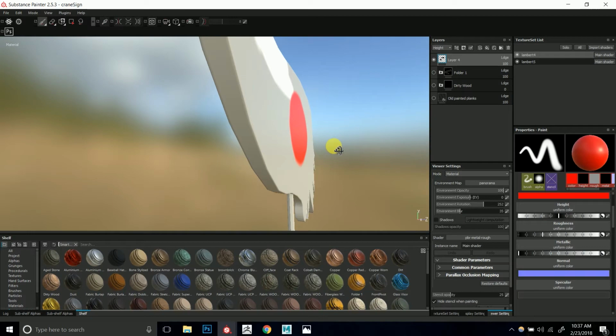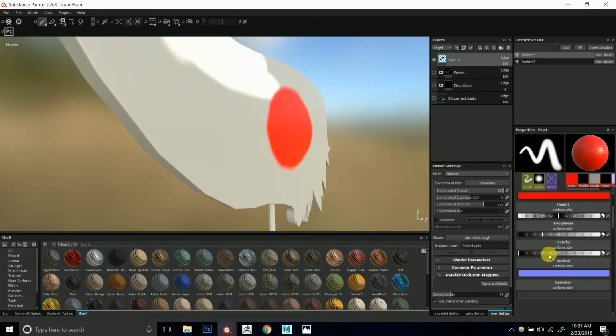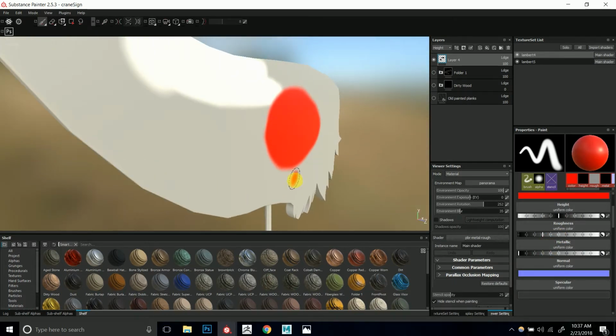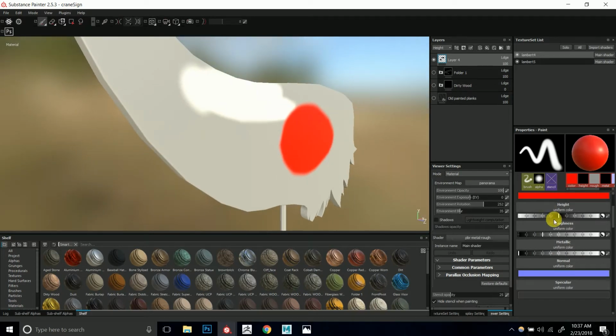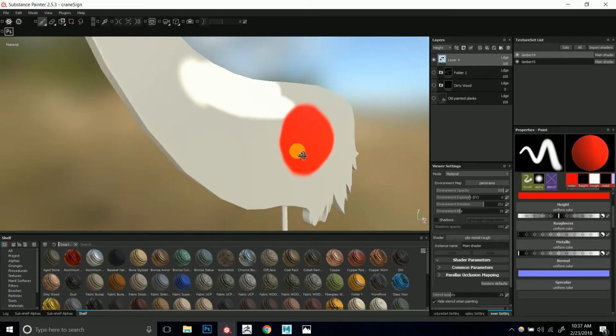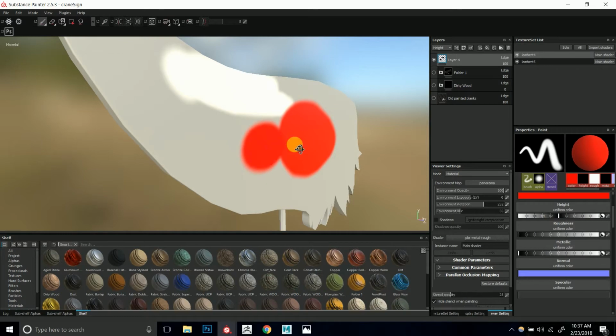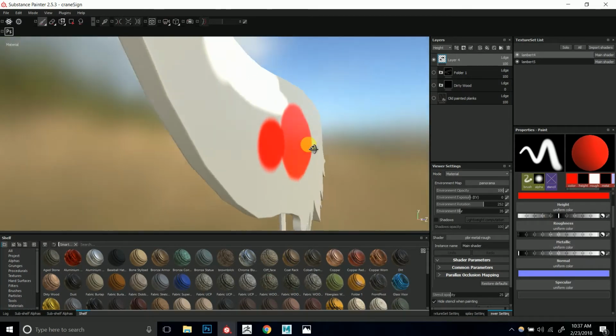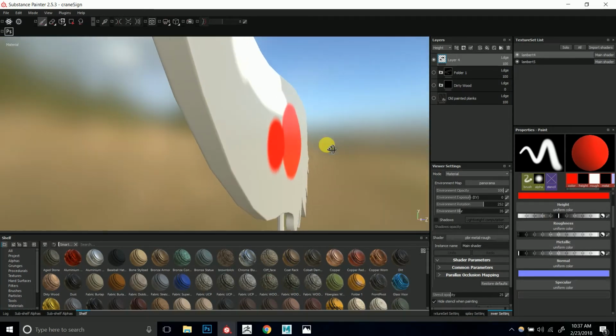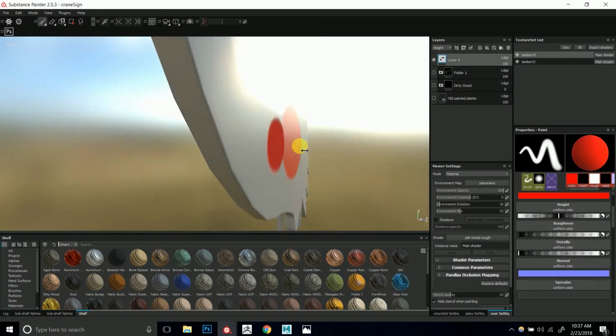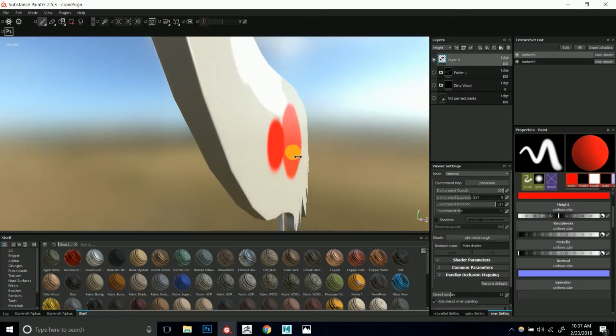So you can see the difference if I turn up the roughness all the way up to 1, and then I paint. When I get it at the right angle where the light reflects, also, I'm just using a shortcut key to rotate the environment, but I'm not going to go over that right now. But you can see that this patch that I painted with the roughness at 0.2 is more shiny, because basically